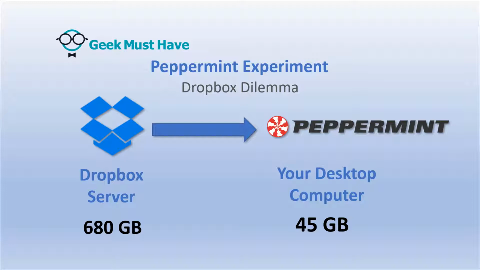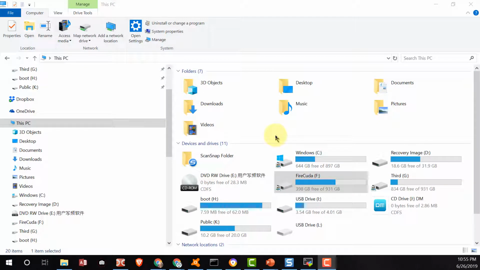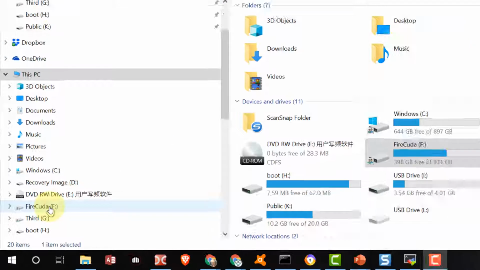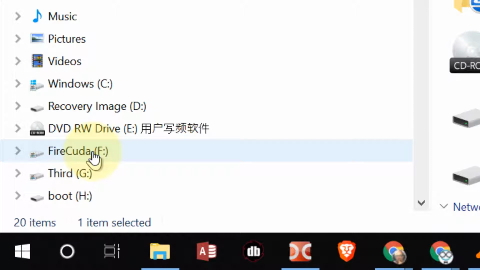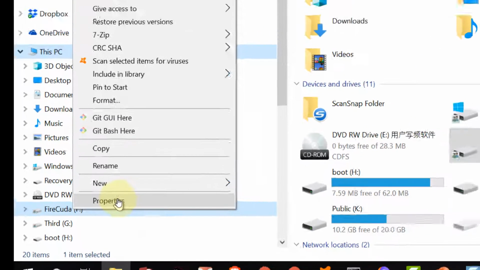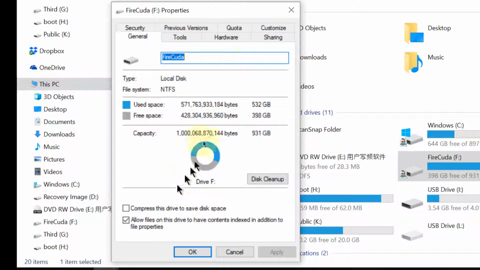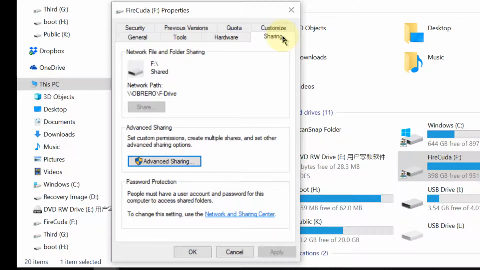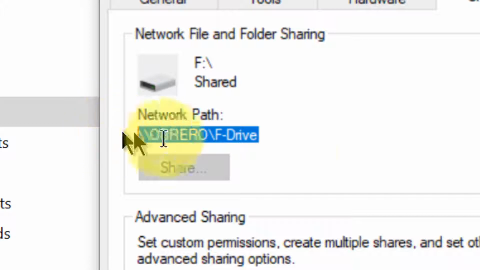In my case, I have another system in my lab which has been synced with my Dropbox account. It is a Windows 10 desktop system where I have created a share to the drive where all the Dropbox files are stored. Here is what the share on the Windows 10 system looks like. The Dropbox files are stored on my F drive, so we will go to the properties of that drive. And then we will go to the sharing tab,